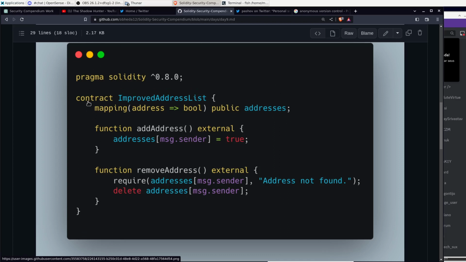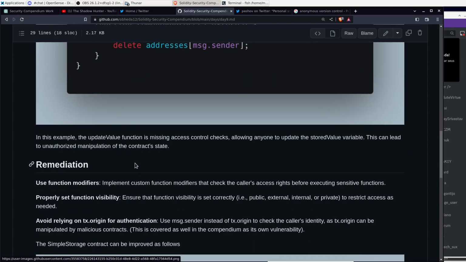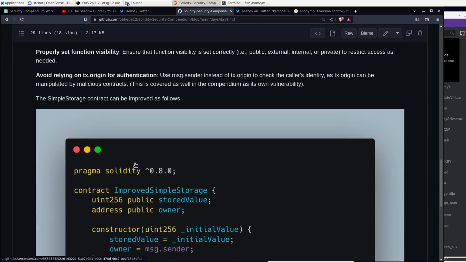So we have this improved address list, and we have a mapping of address to boolean, a mapping for addresses. Then I have an add addresses function and a remove address function. Same thing we saw before. Now the remediation is,